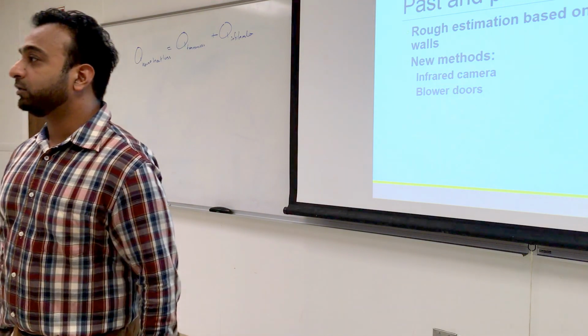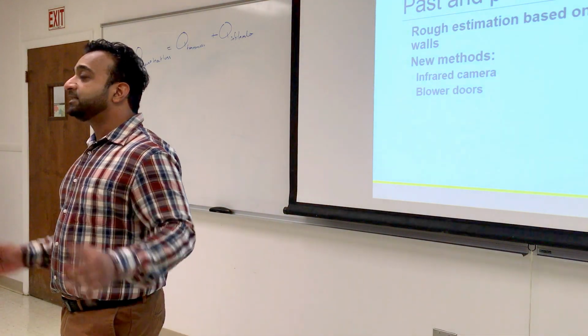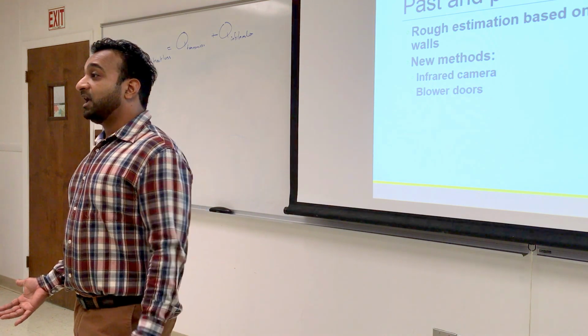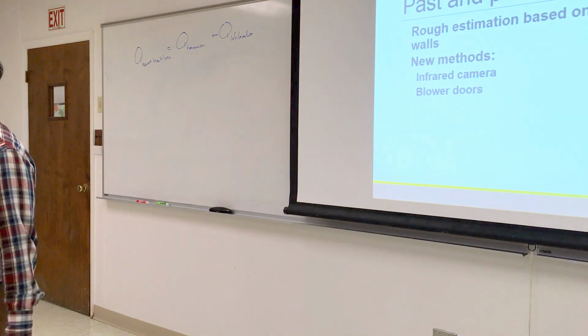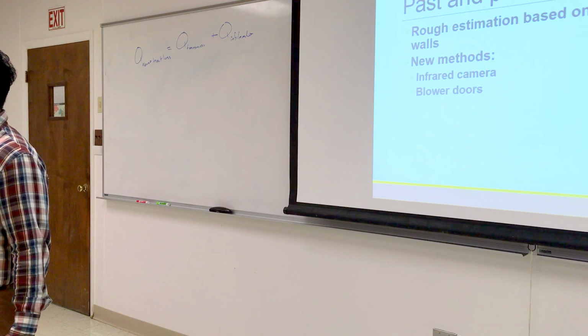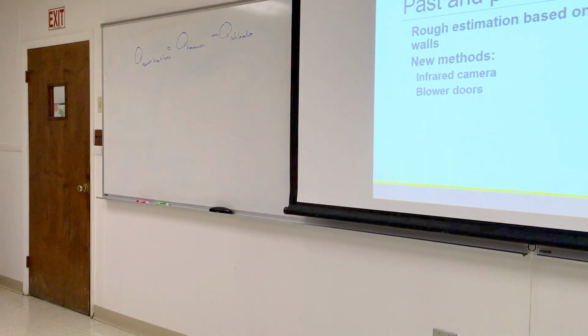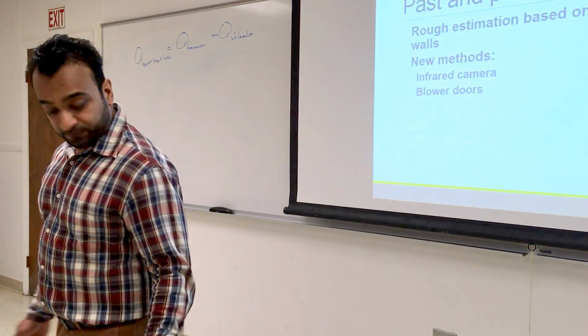So how does the blower door test work? Basically, it's a door with a blower in it, a big fan. That fan has a lot of CFM, so it basically produces some kind of vacuum in your house, not a full vacuum, but some pressure difference relative to the outside, because the air is going to the outside. And in doing so, they